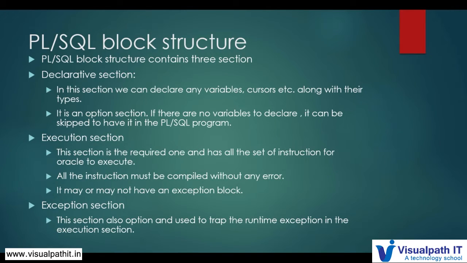And the third is that it may or may not have an exception block. So the exception block is a part of the execution block. Okay, when there is an execution block, there may or may not be an exception block, depending upon the user who codes that block. If you foresee that your execution program might throw some kind of runtime exception, it is better to handle all those runtime errors or runtime exceptions in the exception block, so that your program won't bomb out when you execute it.